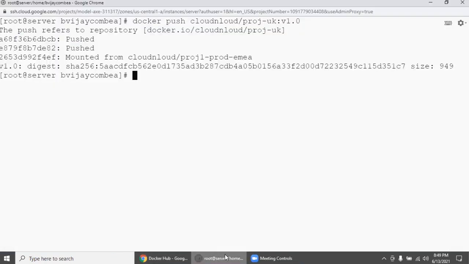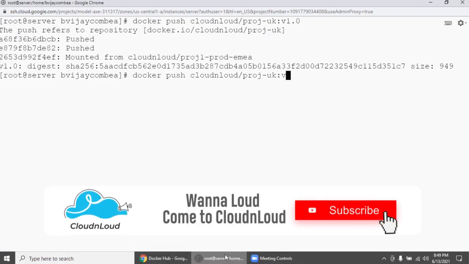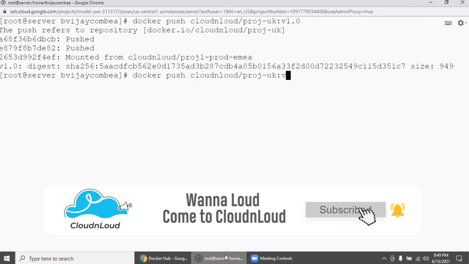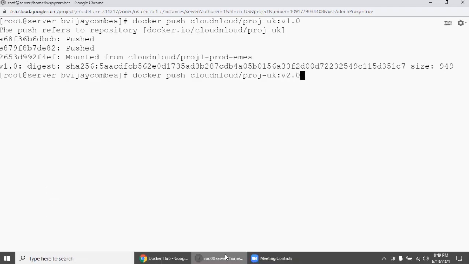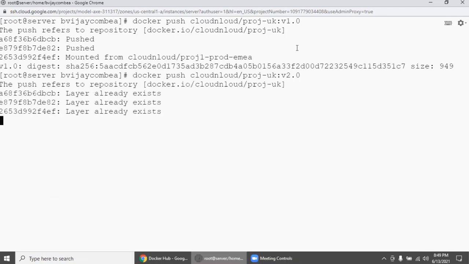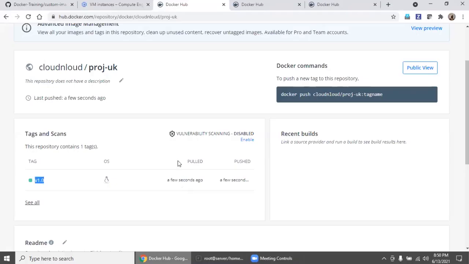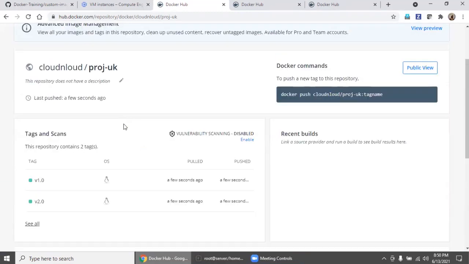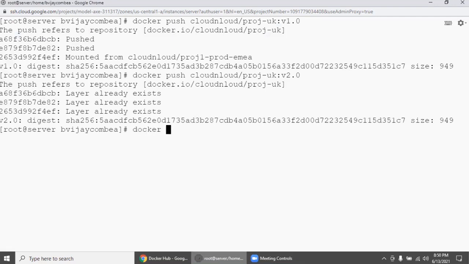The same way, assume we made new changes and created another version. You can push it. Go back here, reload. Now version 2.0. Yes.